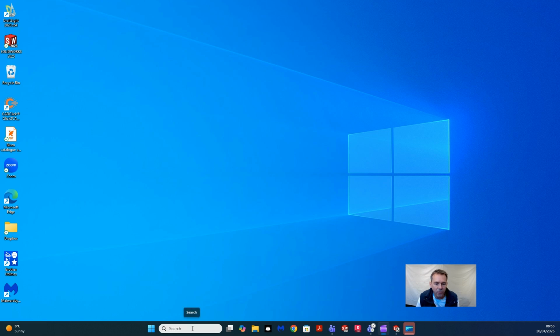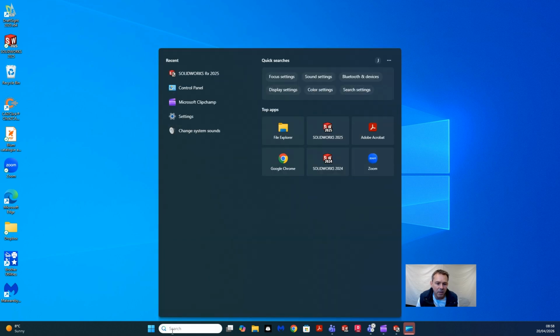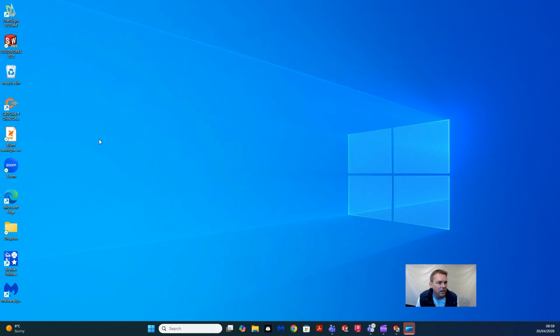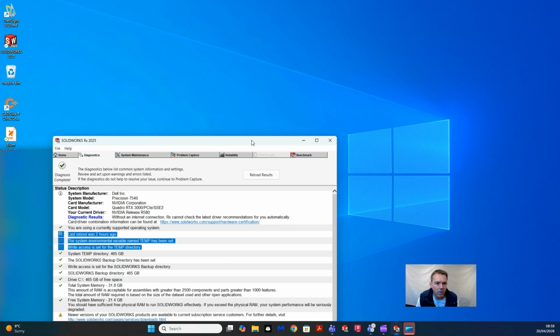If you've not used Solidworks RX before, it is a diagnostics checker for Solidworks, so it's a separate app. Type in Solidworks RX in your search bar at the bottom. I'm using Solidworks 2025, so I've got Solidworks RX 2025 here. You click on that, and then you will get this screen come up, and it will